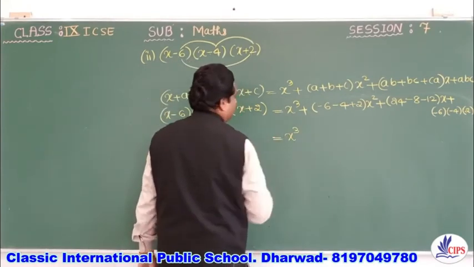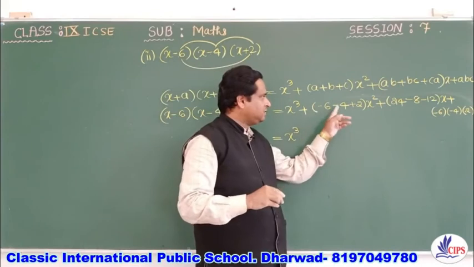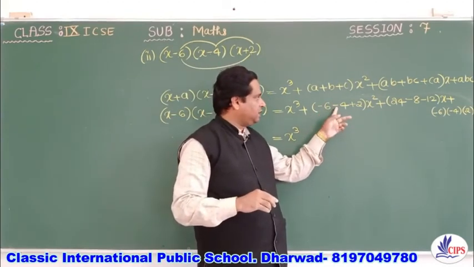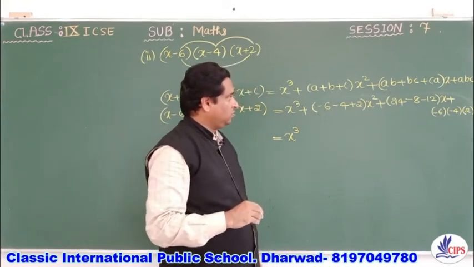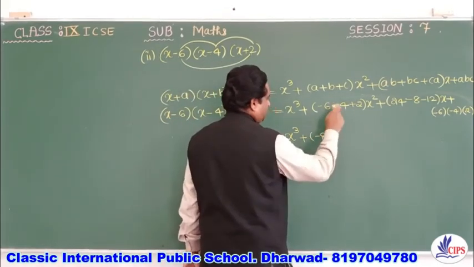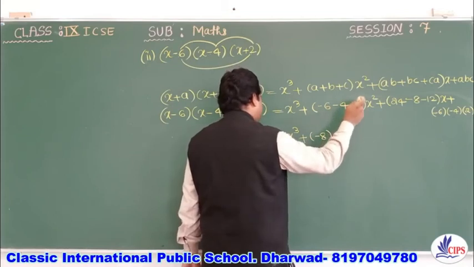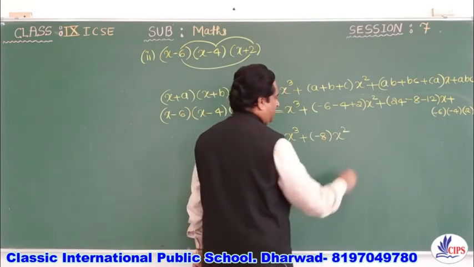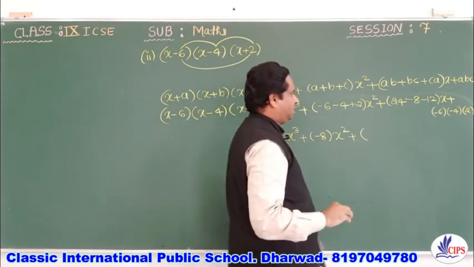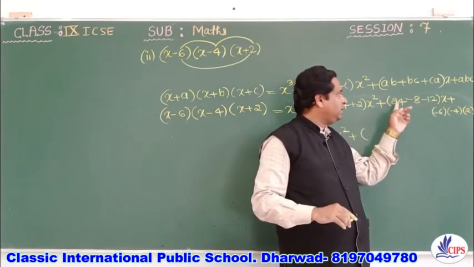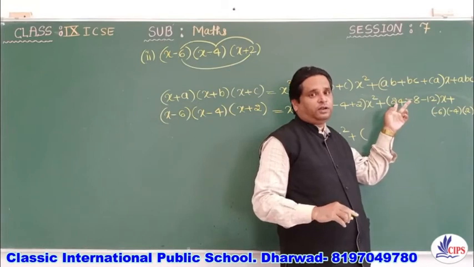Write x cube as it is. Then minus 6 minus 4 is minus 10. I'll write directly now. Minus 10 plus 2 is minus 8. It will be plus of minus 8. Correct? Minus 6 minus 4 is minus 10, minus 10 plus 2 gives you minus 8 into x square. Then plus, and here minus 8 minus 12 is minus 20. Minus 20 plus 24 will be plus 4